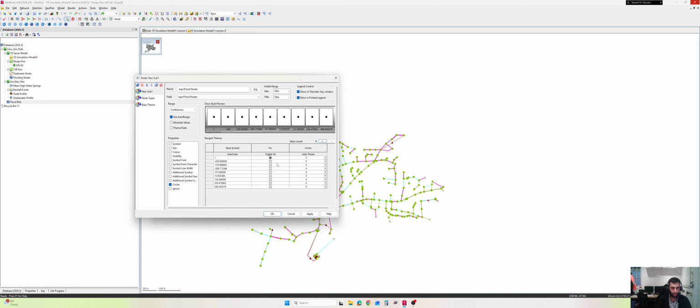And now I am going to change the values from 0. First I will toggle this one and then 0, and then next one will be 5, change it to 5.0, and 10.0,